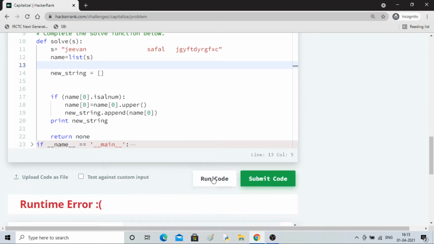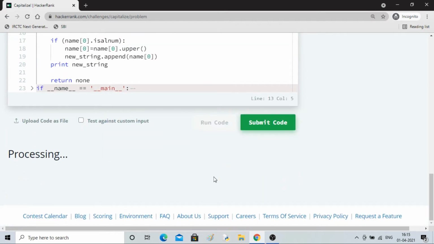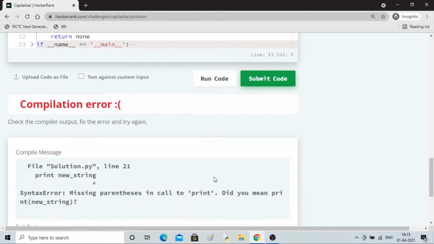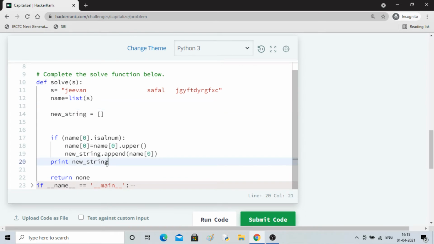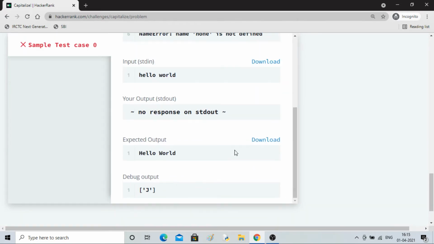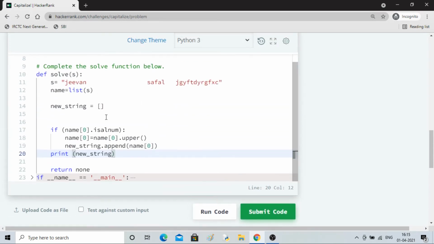So now if I run it, you will see that it is capitalizing the first new string. Okay, bracket is needed. Let's run it. So you can see that it is capitalizing J. It is only taking the first guy and capitalizing.